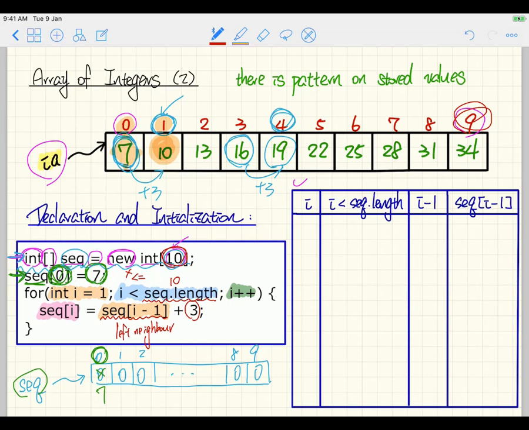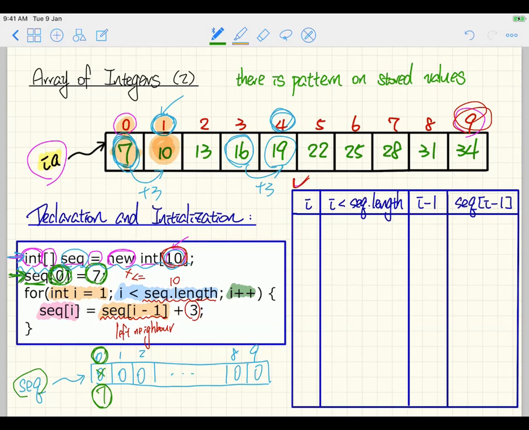This is what I recommend when you try to trace the code. You don't necessarily have to do a big table. As long as you get to the point that you really understand the pattern of your loop, you can stop. That's exactly what I'm going to do. I'm not going to show you all the 10 iterations. I'll just show you a few so that you get an idea. Let's try the following. We've already done that at index 0, we are storing 7,